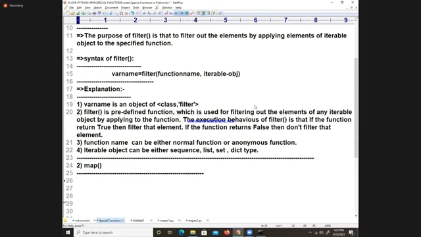Map function. What is the map function? Look at it, one minute. The purpose of map function is that to generate